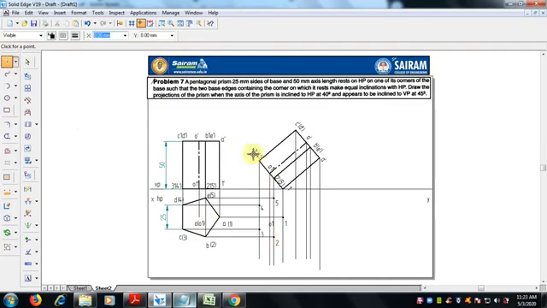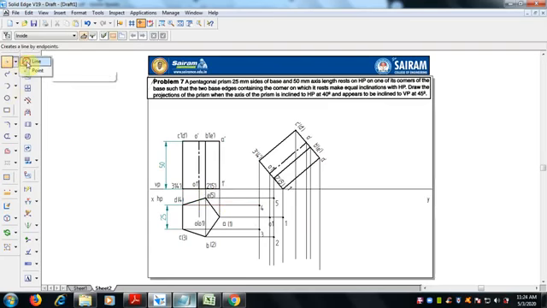Okay, so 1 2 3 4 5, this is the bottom face, and this is the axis, where the intersection symbol comes, there we can keep it, no problem. Okay, fine. Next, ABCD, the top face we have to draw.